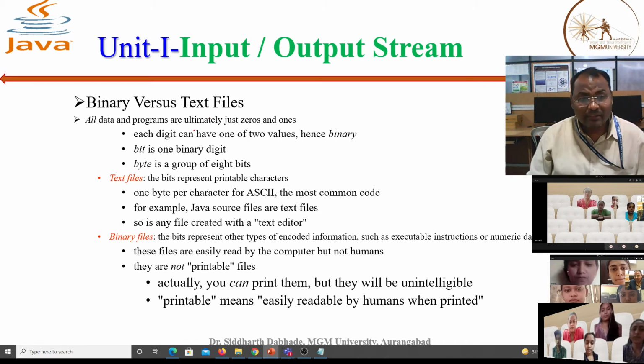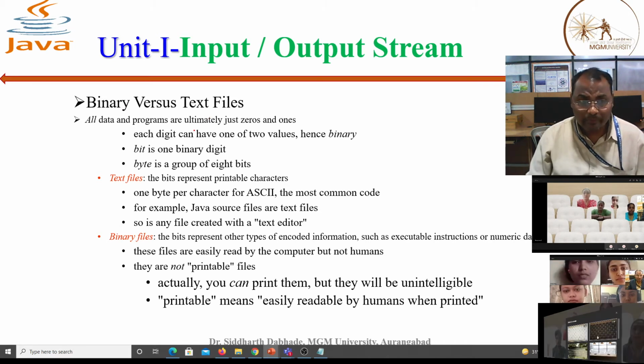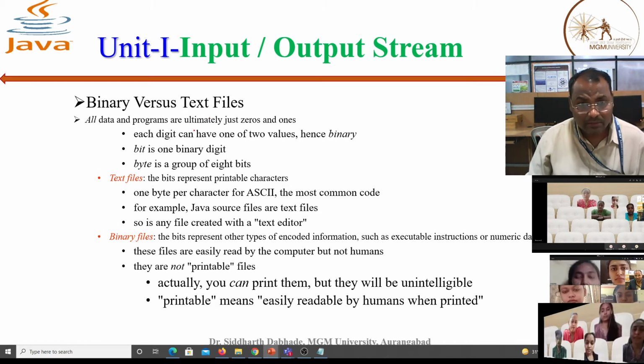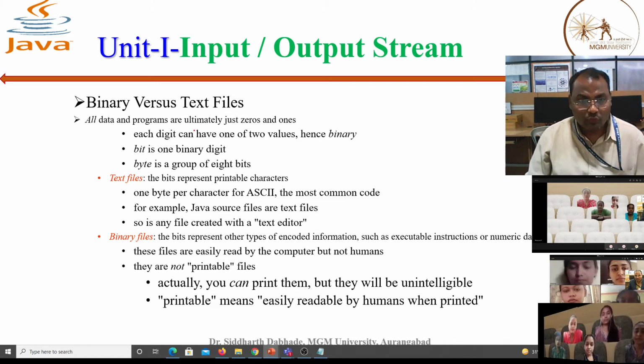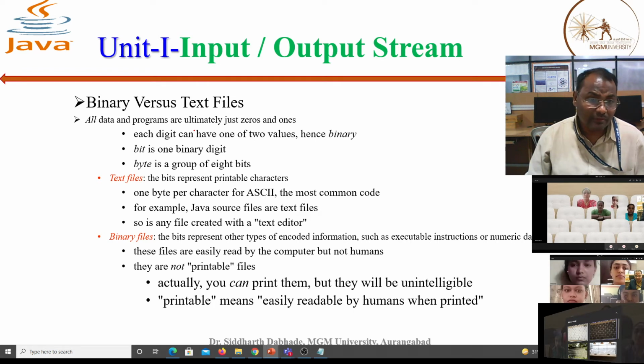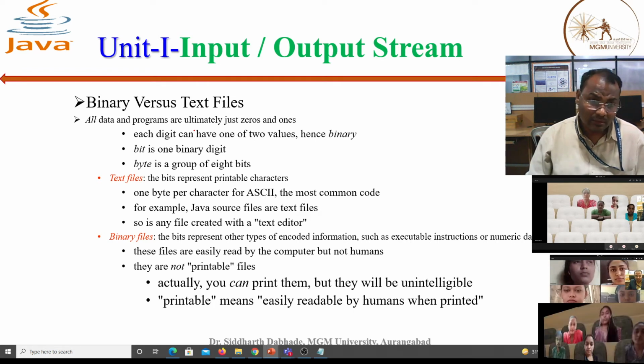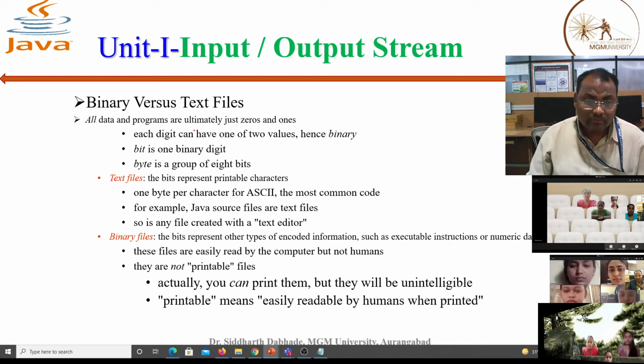Now, input files: binary versus text file. We can provide input and output in the form of binary to the computer, as well as in a higher language, but there we need to convert it with the help of a compiler or some text editor, so that it can create an executable file.